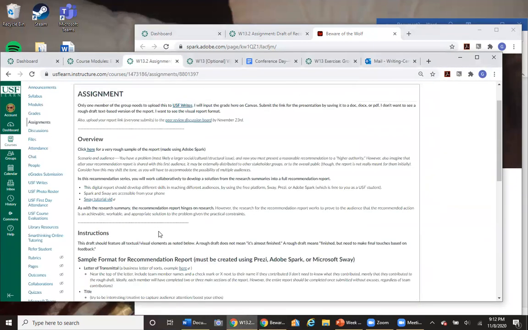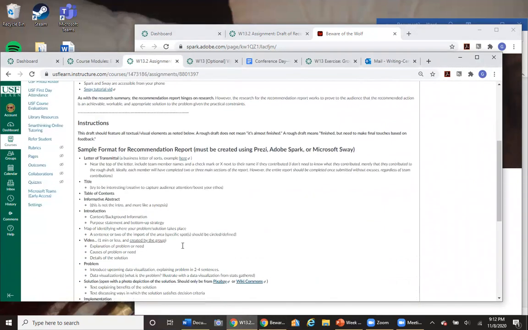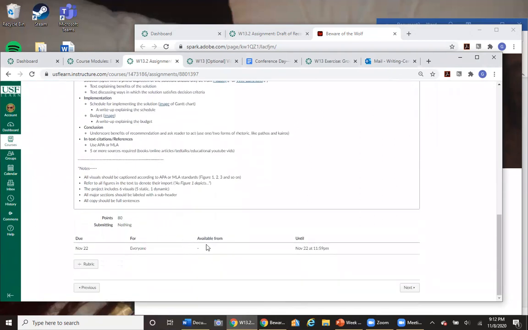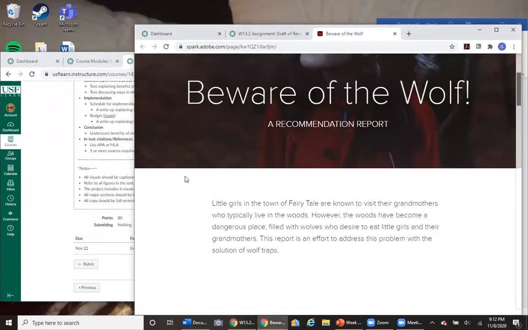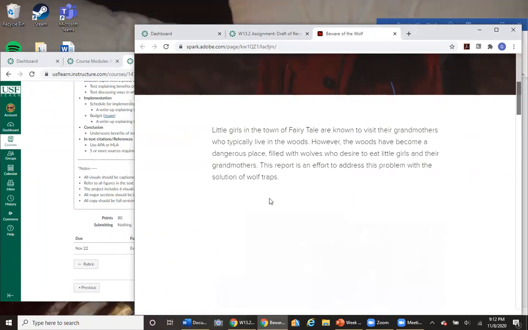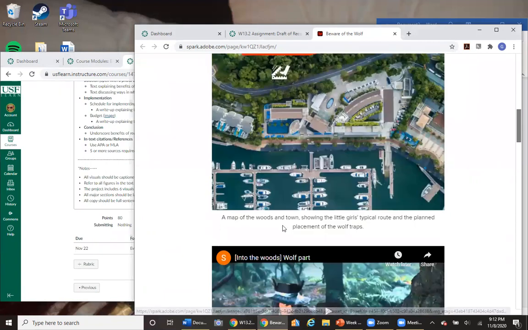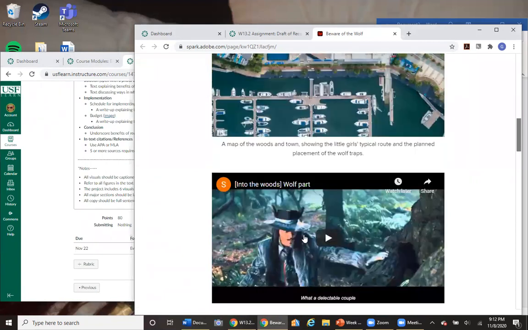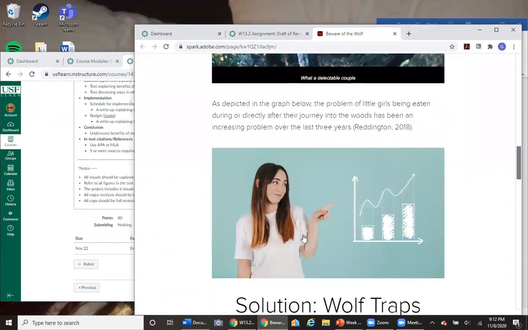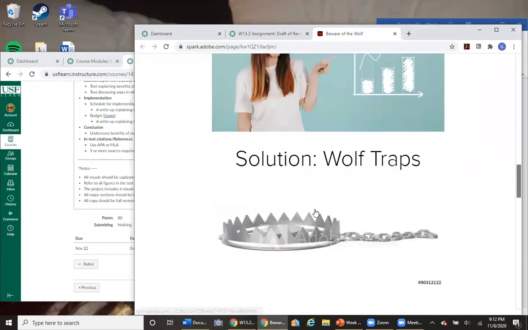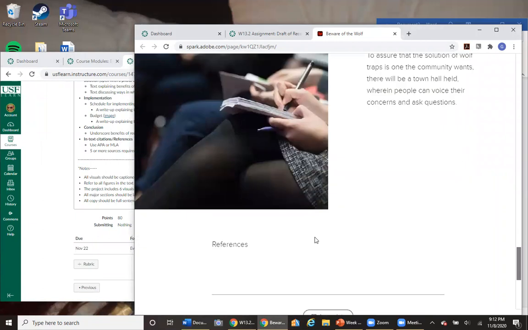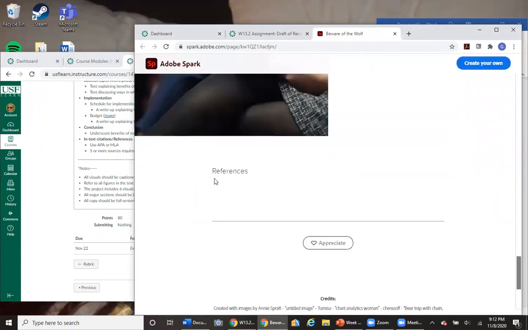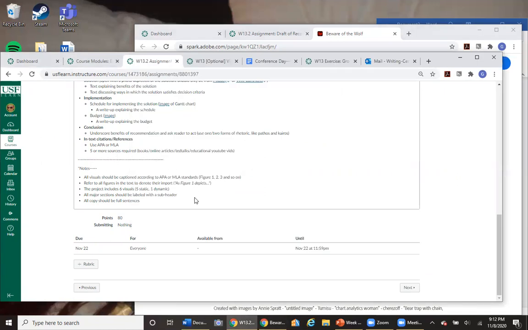This is not the best example, where I have another one, but I want to see each section separated by large headers so it's clear where each section starts and ends. And then at the bottom, I'm going to be looking for your references or works cited section, and I'm going to be counting the sources